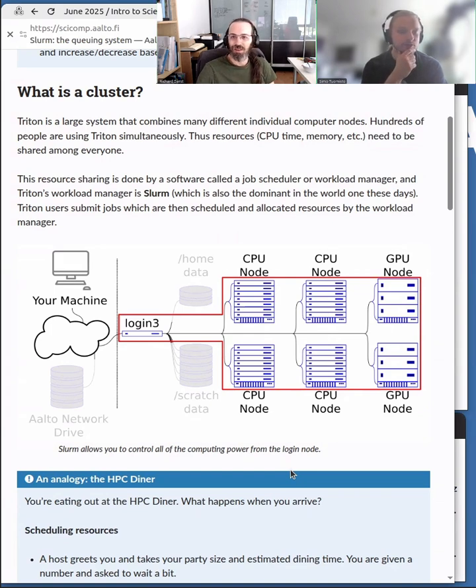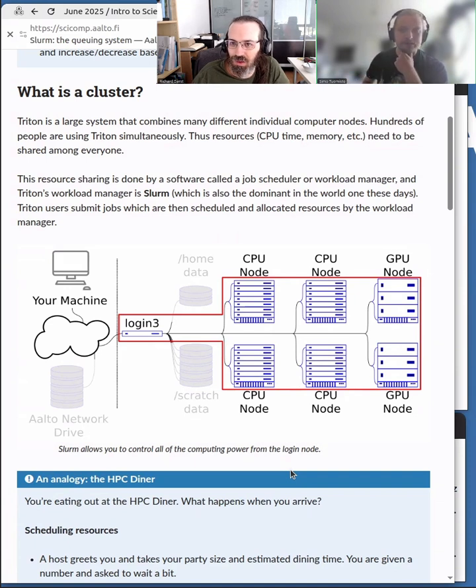This queue manager is called Slurm. The name sounds strange, and it is, but that's what it is. Whenever we're talking about Slurm, we mean the queue manager. Some clusters use different queue managers, but at least here in Finland, I think everybody's using Slurm. CSC is using Slurm. We're using Slurm. It just rolls off your tongue once you get used to the word. Once you know how to reserve resources with Slurm, you can use it in various other clusters as well. Once you know the parameters that Slurm takes, you can